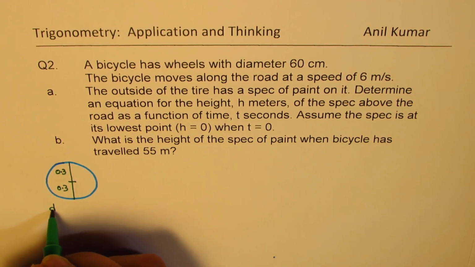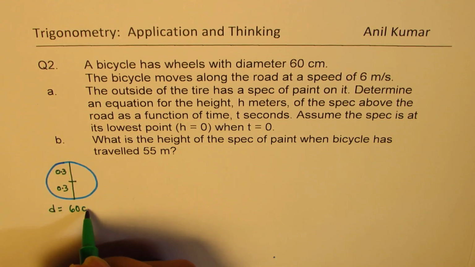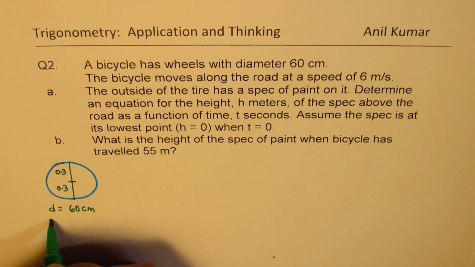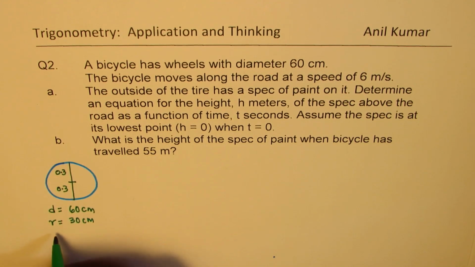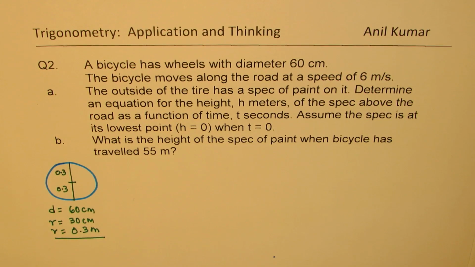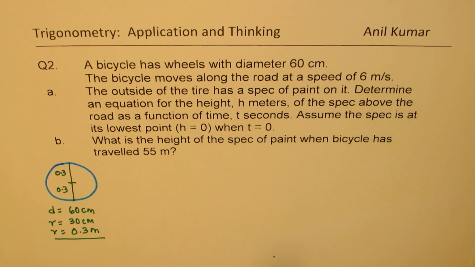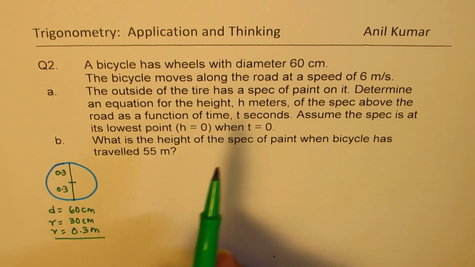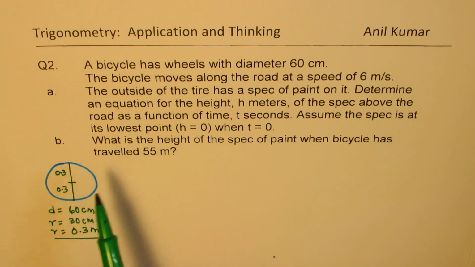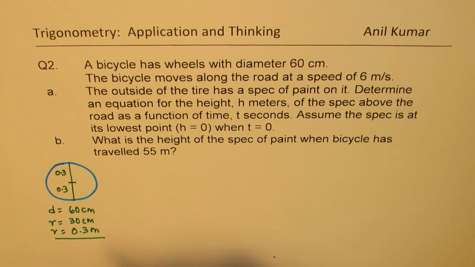So we know that the diameter is 60 centimeters, which means the radius is 30 centimeters, or we can say the radius is 0.3 meters. It's important to convert the units to meters, since we have speed in meters per second, right? We are also given that we need to find the movement of this speck,